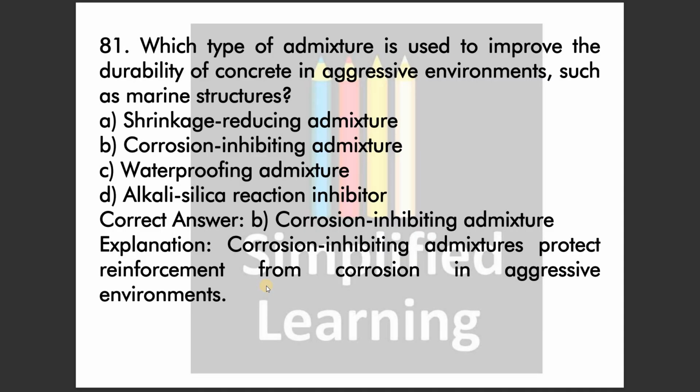Then which type of admixture is used to improve the durability of concrete in aggressive environments such as marine structure? See, corrosion-inhibiting admixture. Seawater or marine water has salt content, that is salinity. It means chloride ions will be there. That's why chloride ion causing corrosion to our steel or reinforcement is something that we don't want. That's why corrosion-inhibiting admixture should be used in concrete for structures that are built in